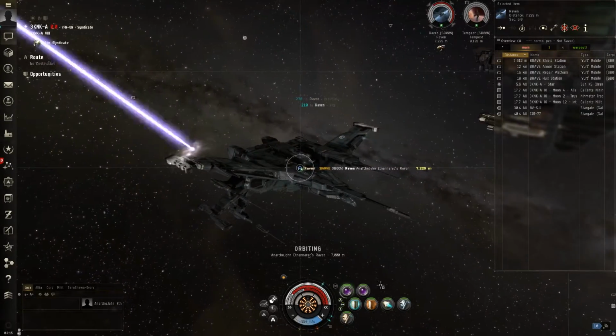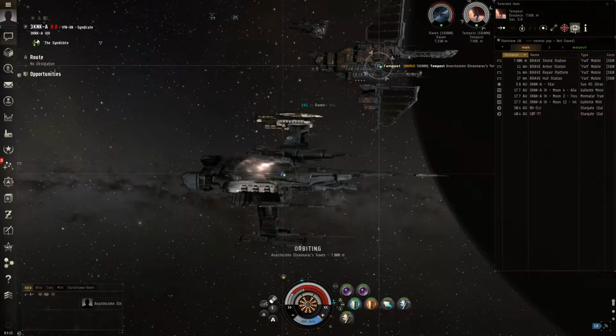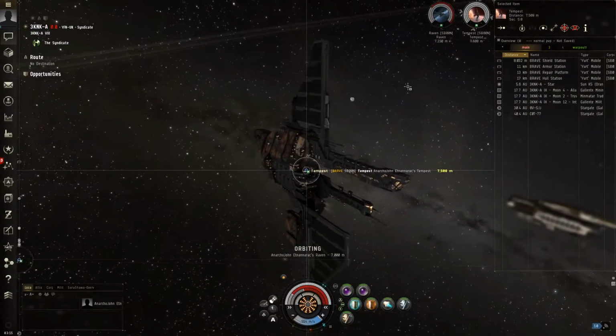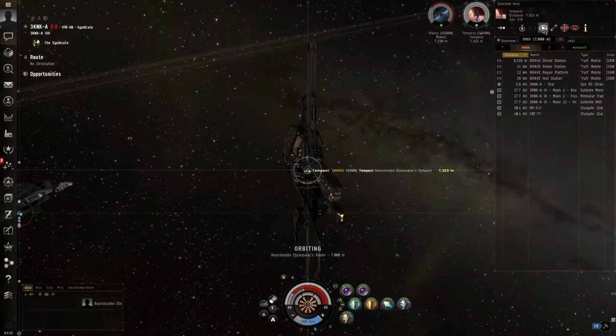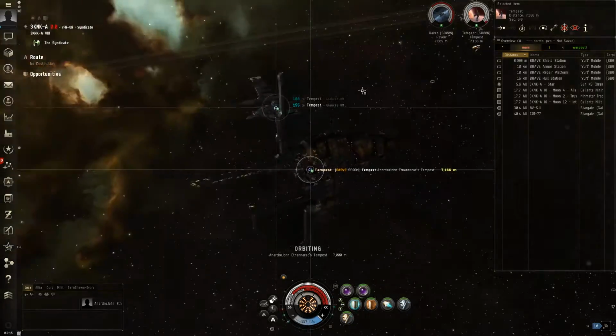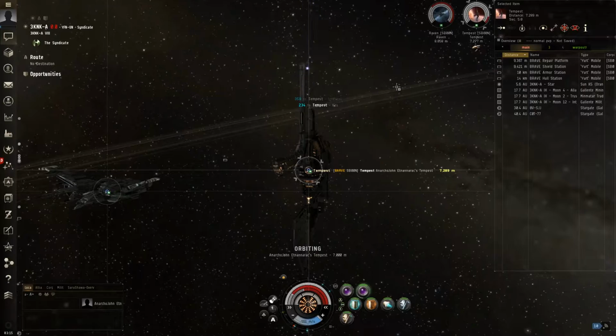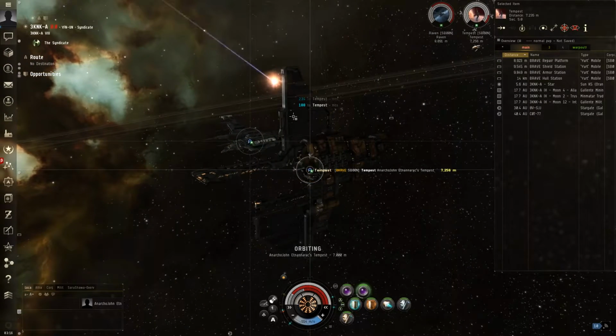So let's turn this off and take a look at the Tempest here. Now they should be reddish, I assume. But let's find out. Let's orbit that one. We'll start shooting it. There we go. Yeah, it's a reddish color. It looks very cool. And as you can see, again, as the ship moves, it will slightly move with the